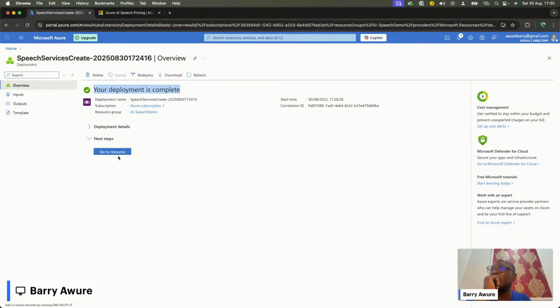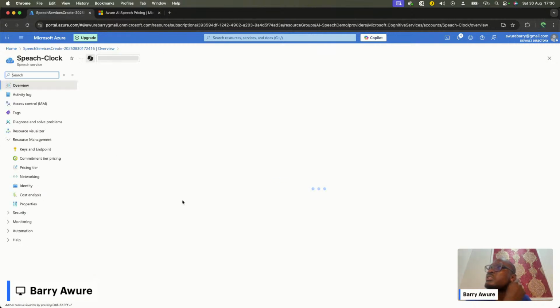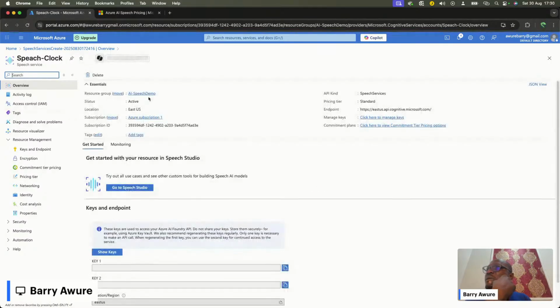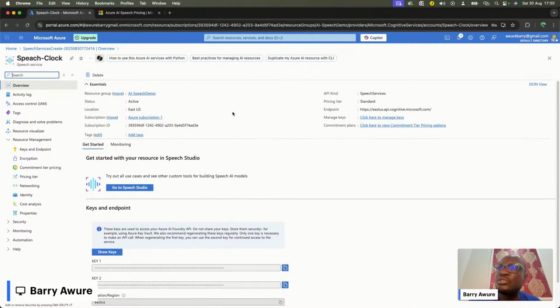So, right, our resource is deployed, and then we can just go to resource. So our speech clock is here. This is basically what the whole thing is all about, right? It's already here. All the infrastructure needed to do speech analysis, speech to text, text to speech, everything is already staring at us. So the next thing is, what do we do? Now, remember, we said we have our application already built, right? You need to build your own application. You need to set up your own system. What do you want to achieve? So for us, ours is to create a speech club.